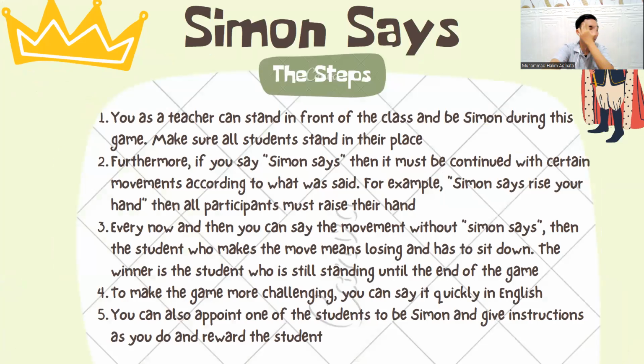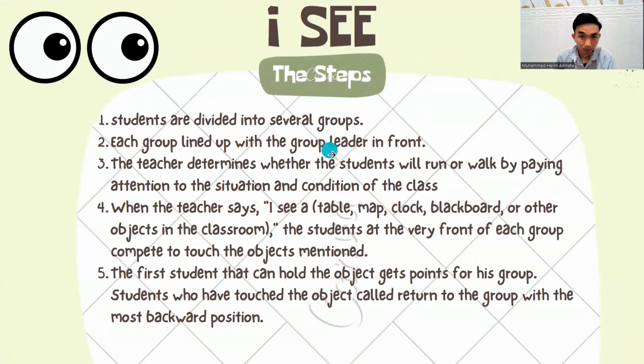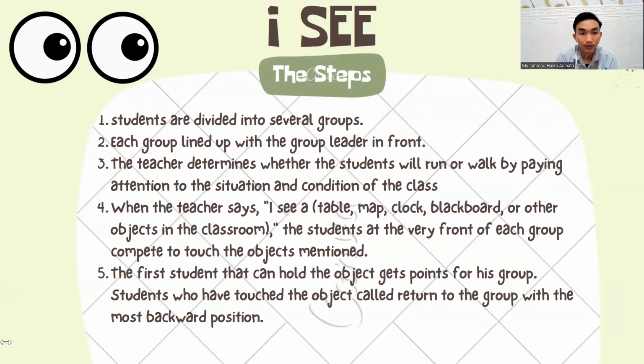Okay, let's move to the next game. The next game is I See. I See is the name of the game. Okay, the steps: the first is students are divided into several groups. Each group lines up with the group leader in front. So the leader stands in front,